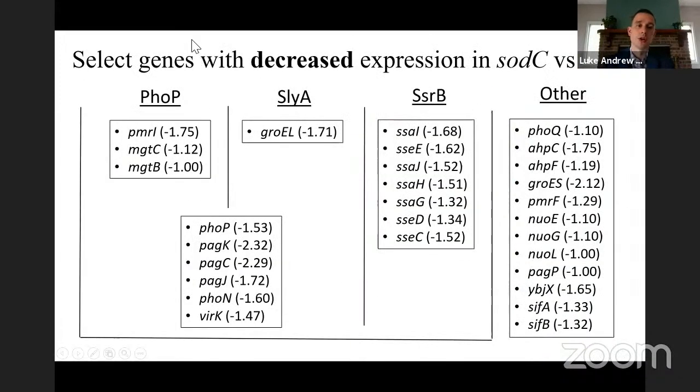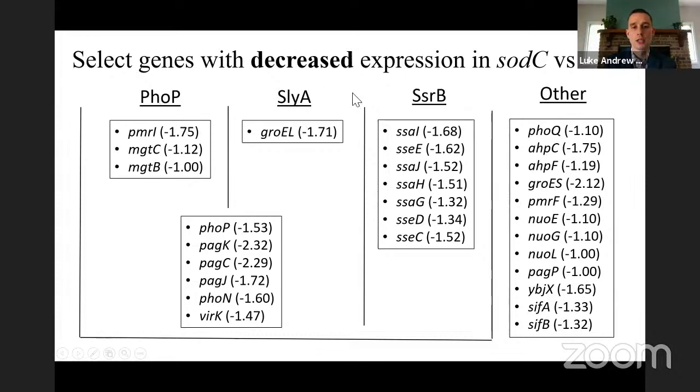And here I'm showing you a select number of those genes that had decreased induction in SOD1 compared to wild type. In each of the boxes, I've listed the genes from our data, and in parentheses, this number is the log 2-fold change. What jumped out at us was that a lot of these genes fell into regulons of 3 known